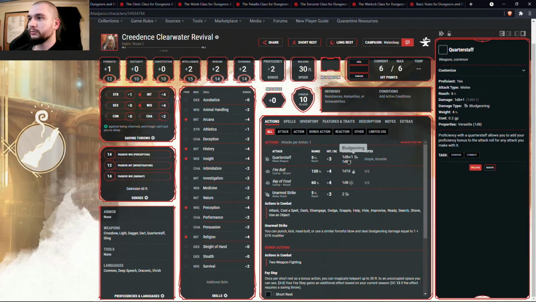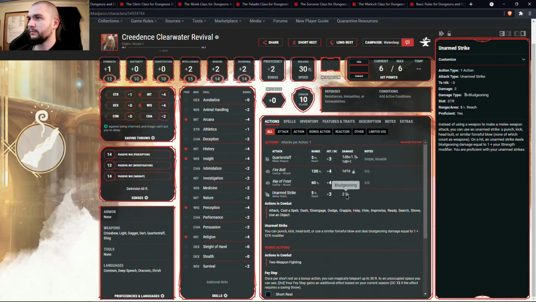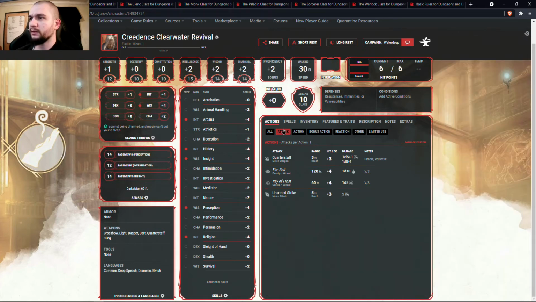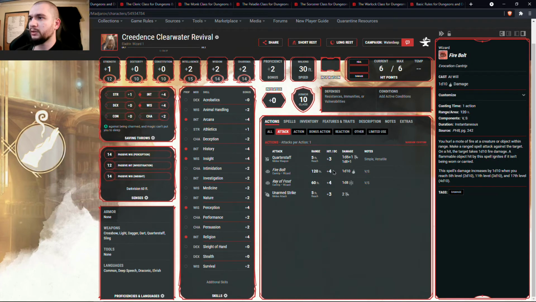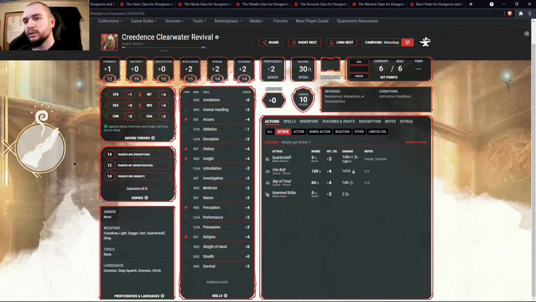So now why can I not? Why can't I cast? What the hell is going on here? Attack. Why can't I roll? What is going on here? Hey! Why? Why you do this? What's going on? I cannot...